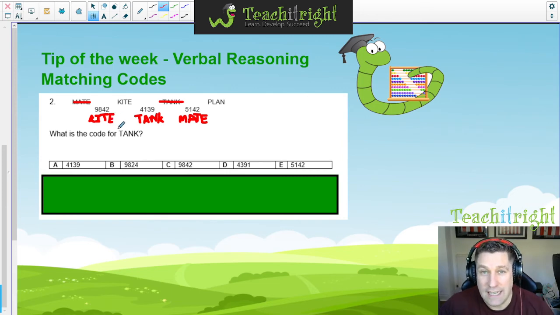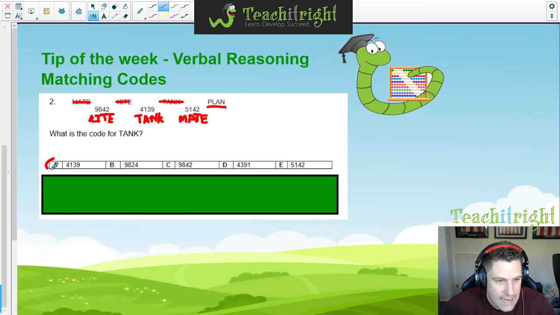So my hard work is done. I've managed to match up all of those words with the correct code. And the word that I didn't require here was plan. There wasn't a code for plan. And the first question asks, what is the code for tank? And we've already done it. We've got 4139. We're given all the options, and we just need to make sure that we find that correct code. And here it is,